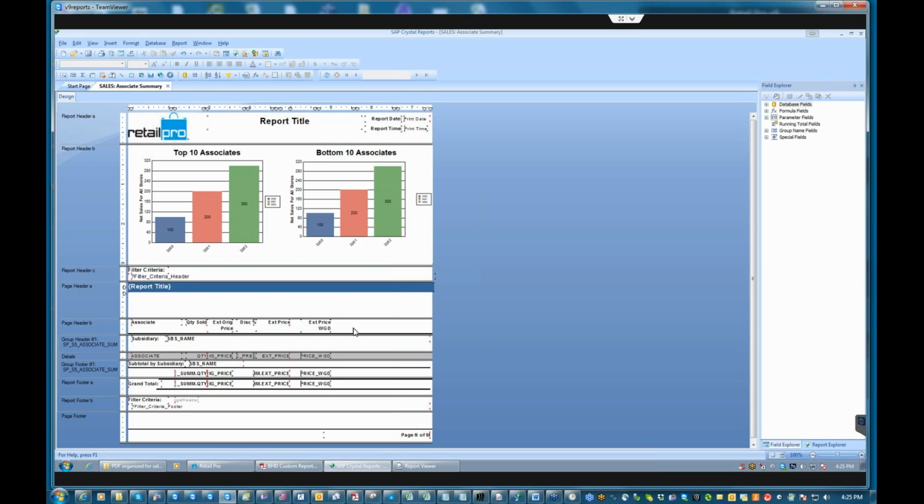So if you have something simple like that that you want done, you can send us an email and we can drop it into Crystal really quick. And then if we're replacing an existing report, drop it back in. If we want it re-registered so that we don't cover up your existing reports, then we can either show you how to do that or do it for you. Okay. All right, so